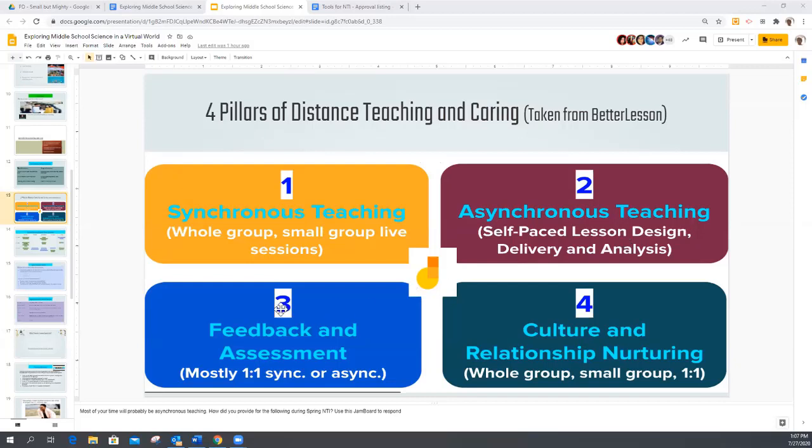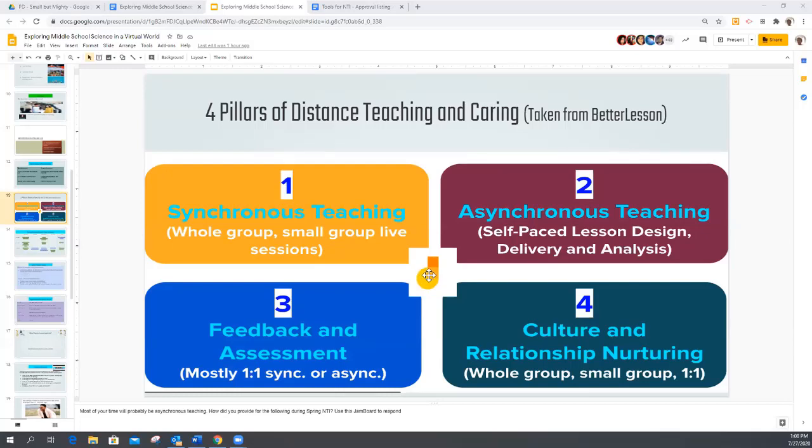It's also about, like what Jessica had questions about, that whole assessment piece, but also how are we giving students feedback? And then finally, we have got to figure out a way to develop culture and relationship in an online format. Think of your kids that are at school because of that whole social aspect, right? And so trying to think about how to make sure that we work on this piece, because if we don't, that's where we're going to lose our kids, right? So here's what I'd like you to do. Some of you are probably familiar with the Jamboard.